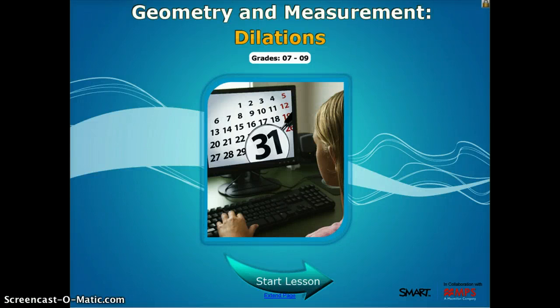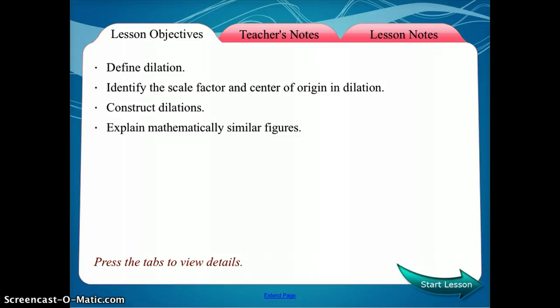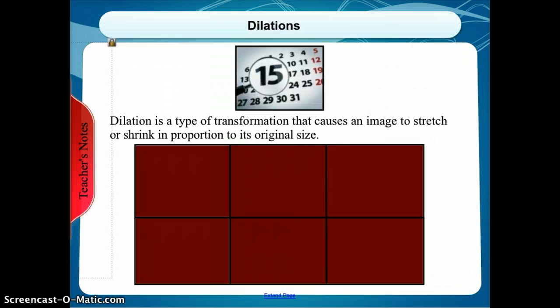In today's lesson, we're going to talk about dilations, and the objective is just to be able to identify whether the scale factor is construct an actual dilation and explain why a dilation is what it is. So a dilation is simply a transformation that causes an image to stretch or enlarge or also shrink in proportion